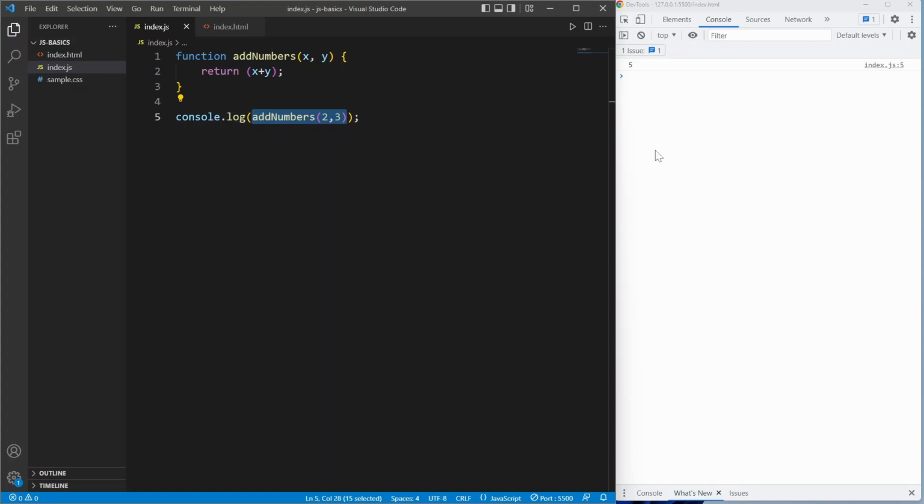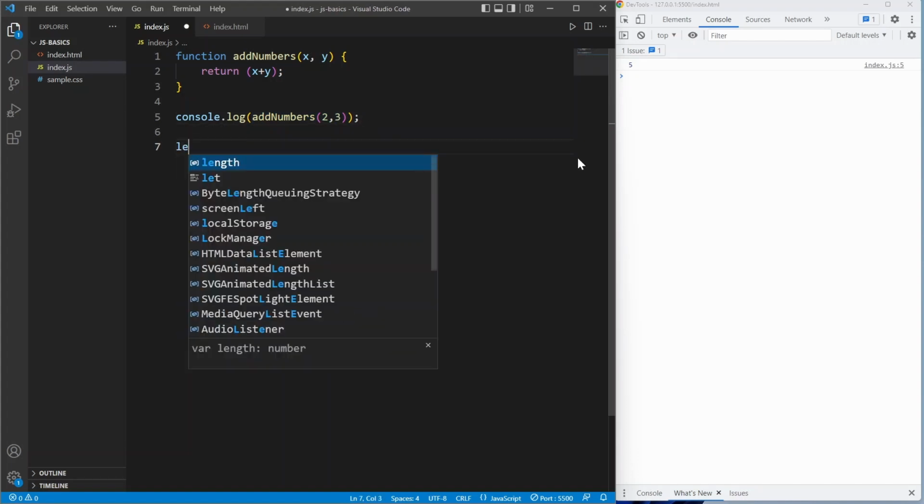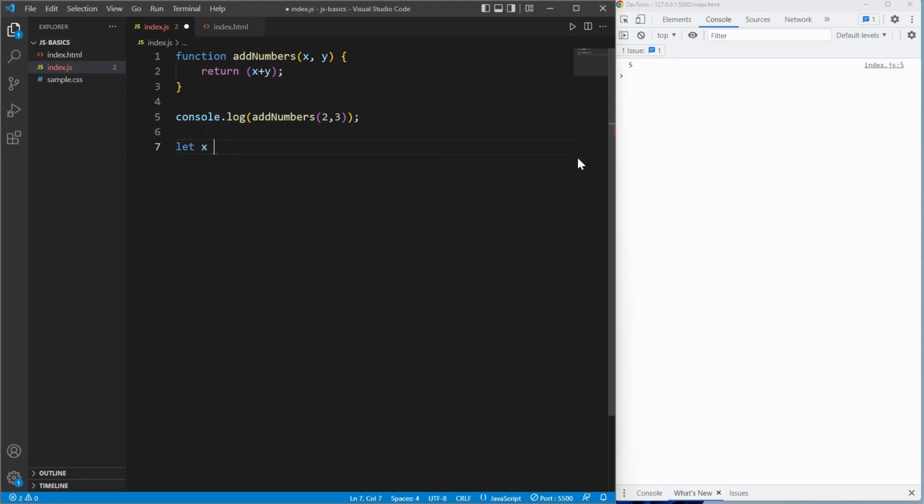Now in JavaScript, these functions can also be defined as expressions. What does that mean? It means that if I say let x is equal to, and I define a function here, then I will be able to use x as an alternate to addNumbers. The syntax to declare a function as an expression would be that you say there is